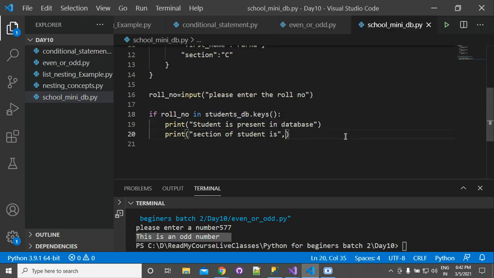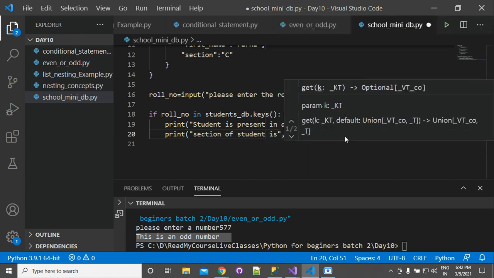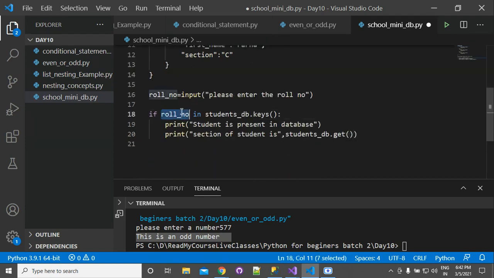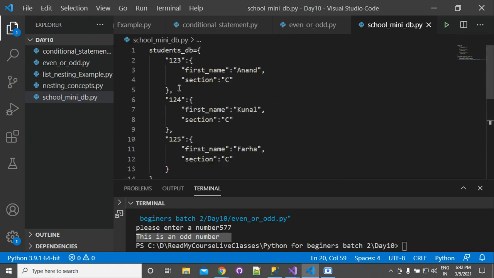student db dot get. What? Student db dot get, we will pass here the roll number. Okay, and then what will it return? It will return you a dictionary. So in this dictionary you will have first name and section.